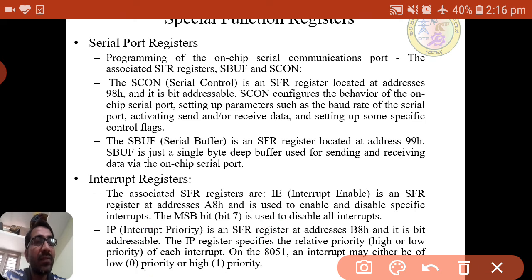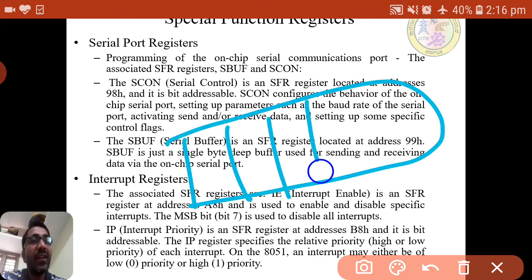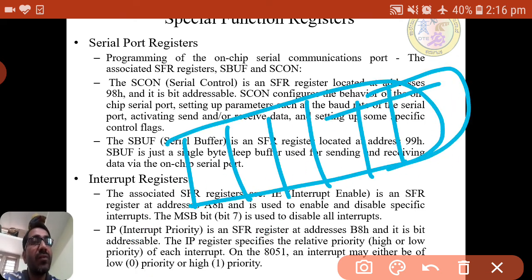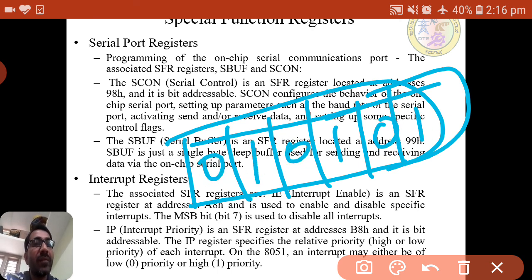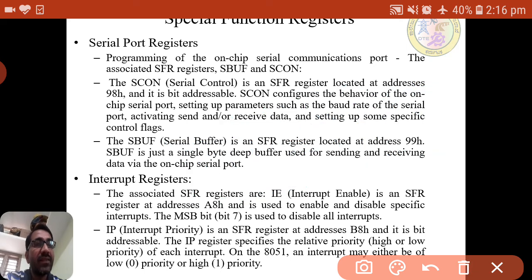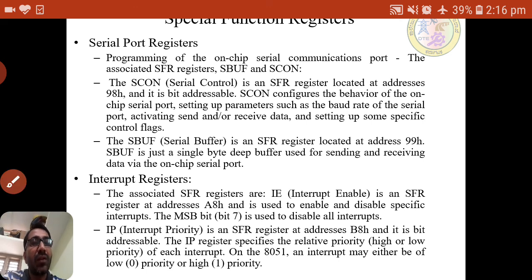Again there will be 8 bits, and for each particular interrupt we can set 0 or 1, low priority or high priority. These all things we will see later with examples. So these are some more special function registers, which are used to control the interrupts.